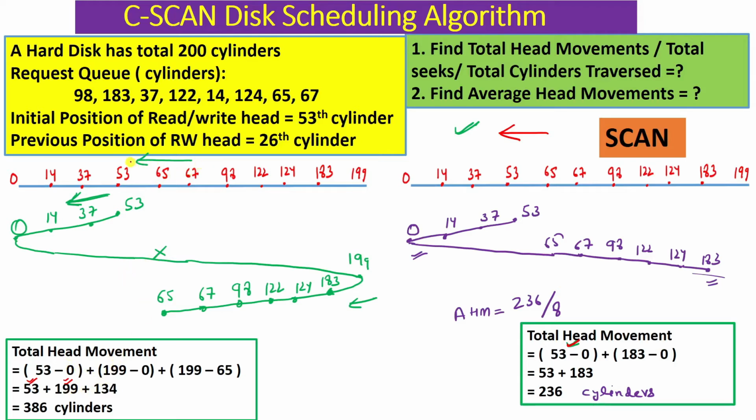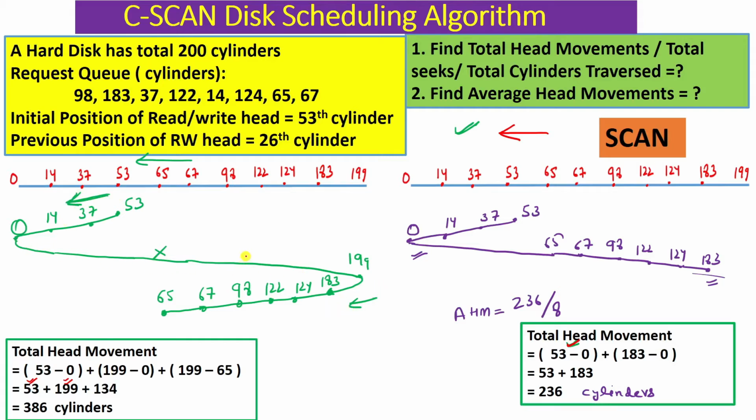So these are the total number of head movements in the C-SCAN algorithm for this example, if we are moving in this particular direction. We got 236 cylinders as the total number of head movements in the scan algorithm, moving again in this direction. I hope you have understood how we apply the C-SCAN algorithm. It moves the same as the scan algorithm, but we are not fulfilling any request in the return journey. If we are moving in this direction, always fulfill the requests only in this direction, and do not service in the other direction.